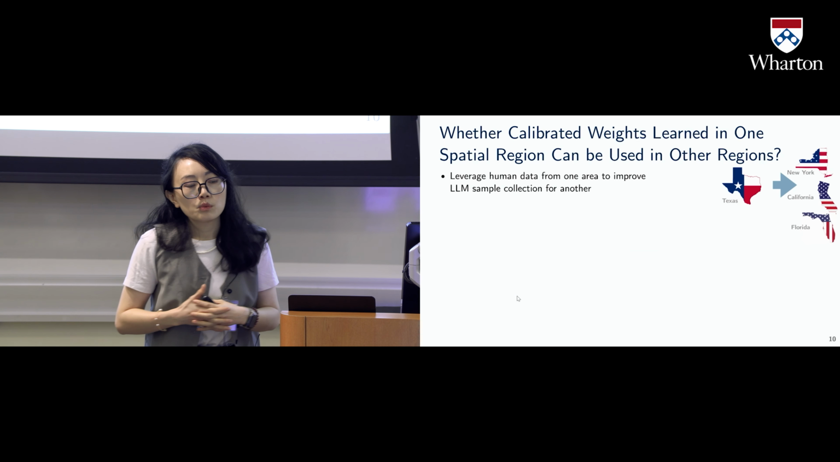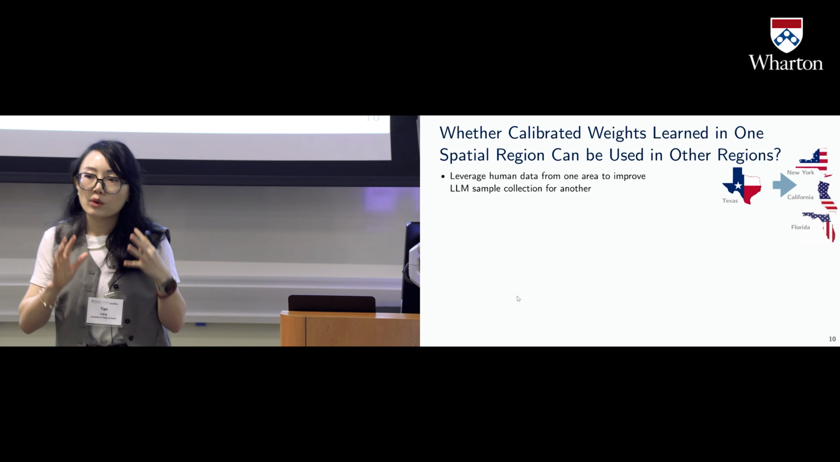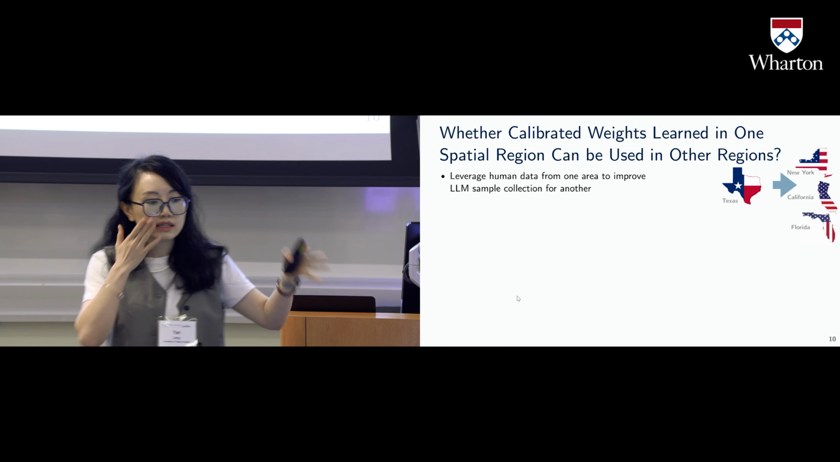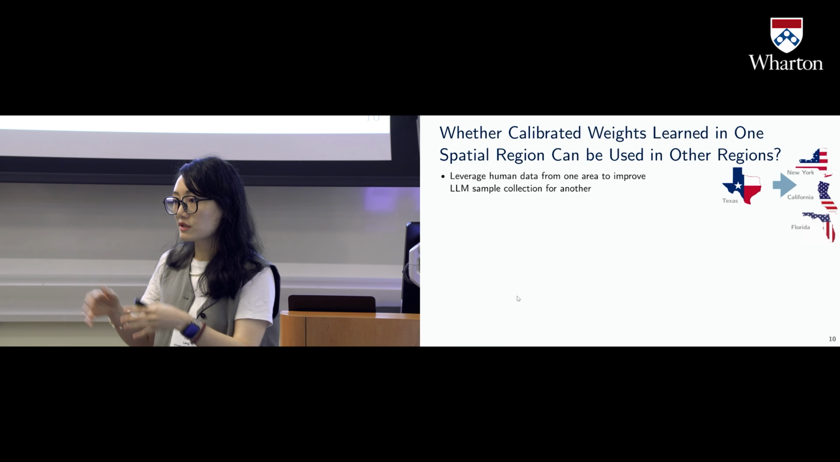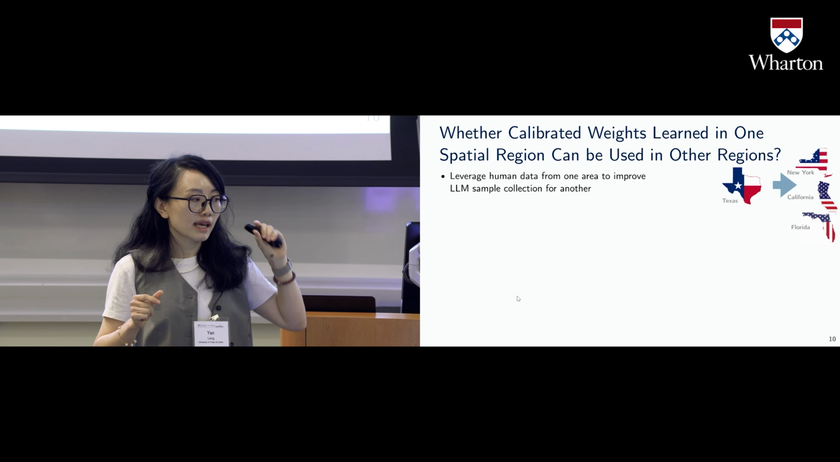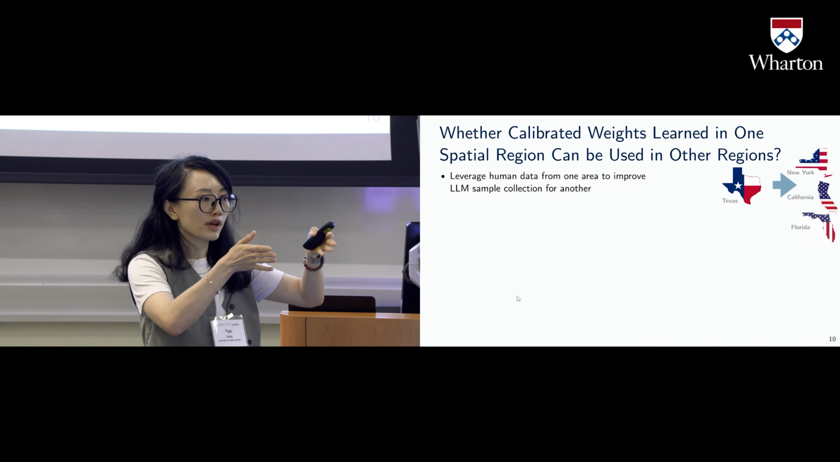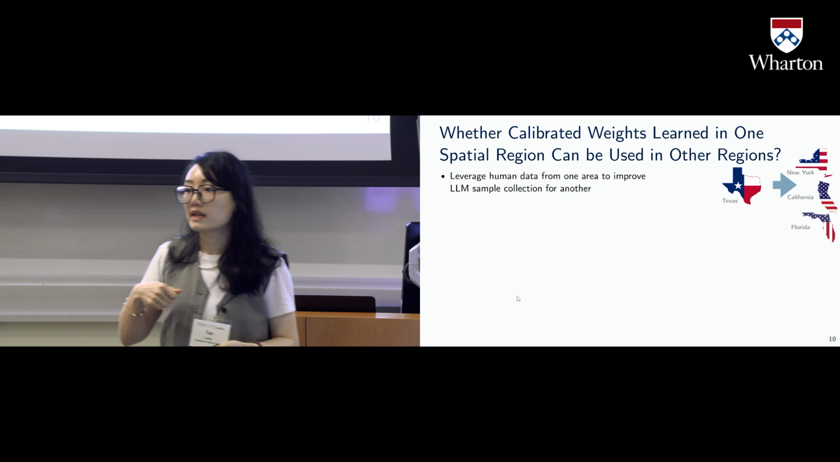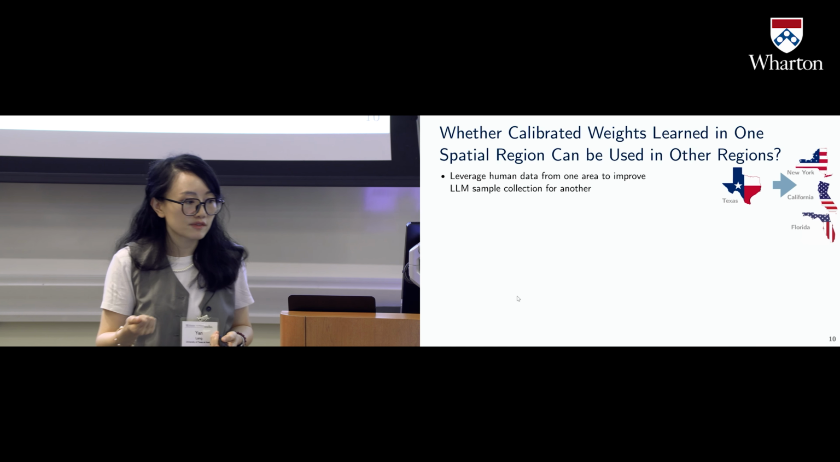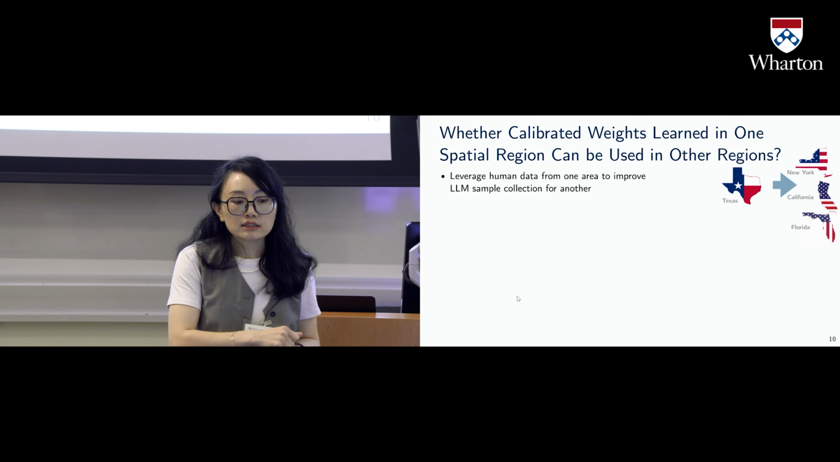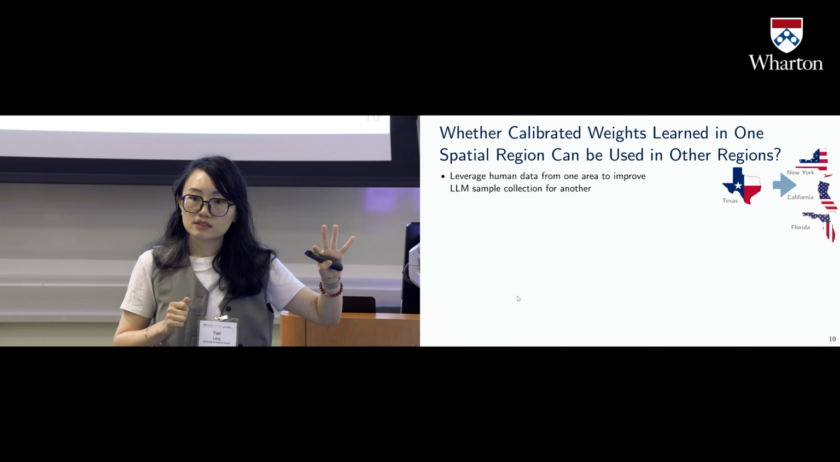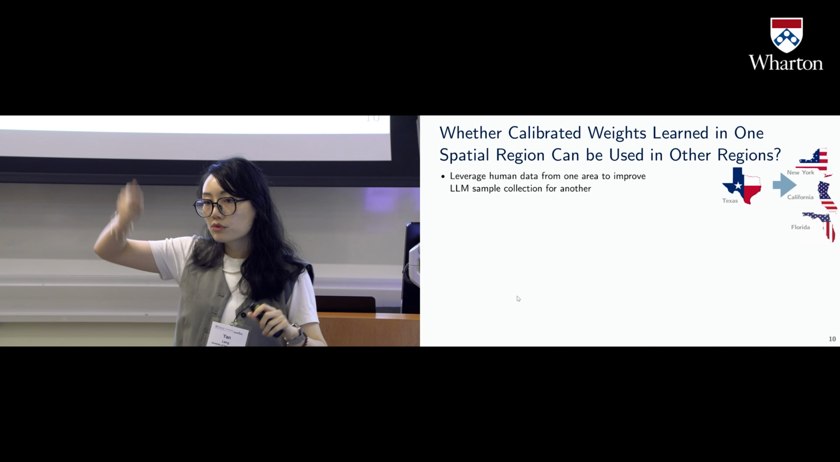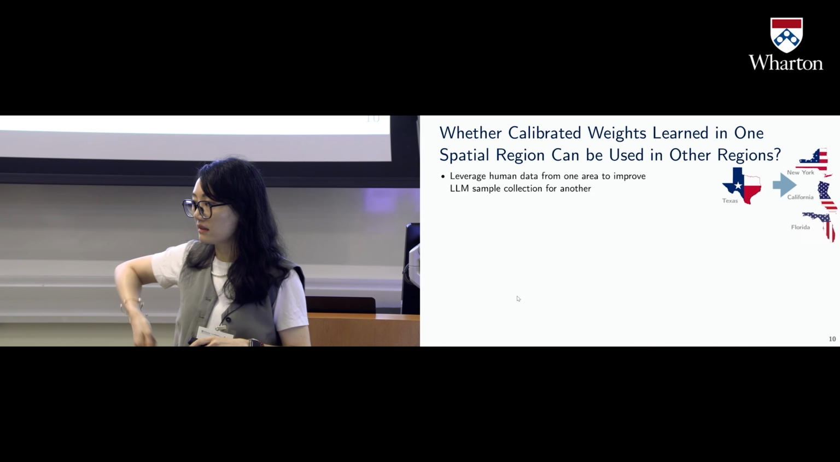And then we want to ask whether the calibrated weight learned in one spatial region can be used in other spatial regions. So if this works, then we can collect data only in one area and use it in others. This can be particularly useful when data is scarce or expensive to collect. And practically, we migrate the weights from the state of Texas to